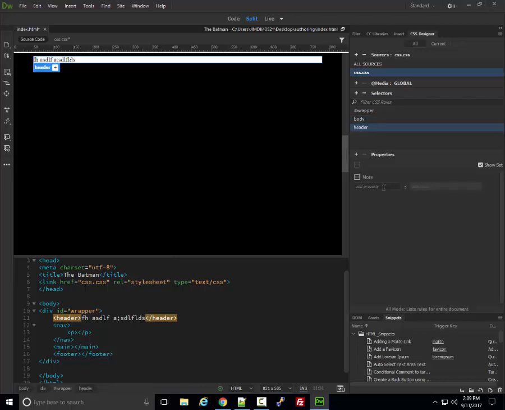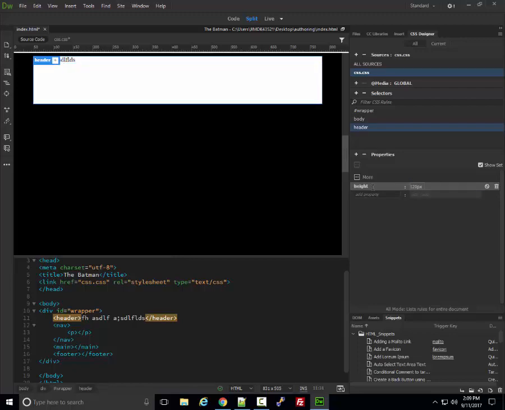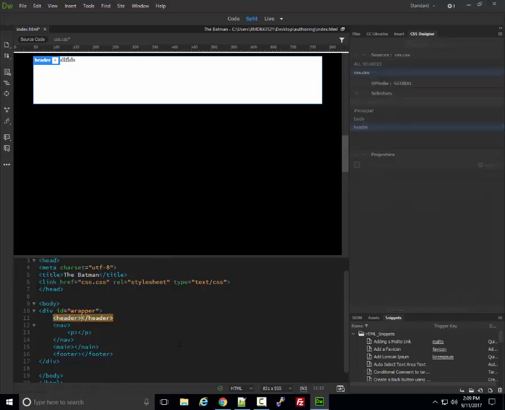I can give it some properties. Let's give it height, maybe 120 pixels. Bang. So now we've got a little bit more room to work with, and I can get rid of this placeholder text for the time being. And what I really want to do with this header is I want to put that Batman banner in it. So I'm gonna add a property,